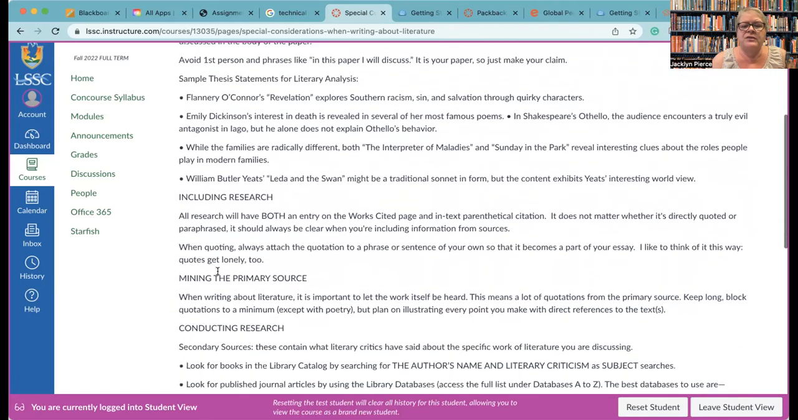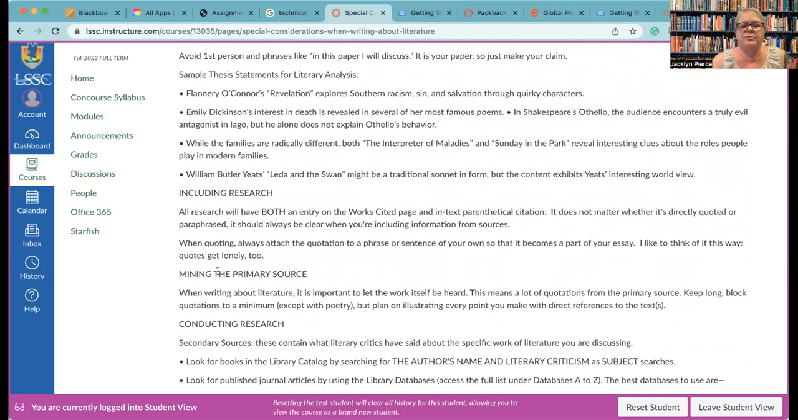In terms of research, you have to include both the works cited page and in-text parenthetical citation. Whether you're quoting or paraphrasing or summarizing, you have to have those in-text citations. What goes inside the in-text citations is dependent on what's on the works cited page. So always do that works cited page first. Have those done, have them ready, because you're going to need them when you go to create your